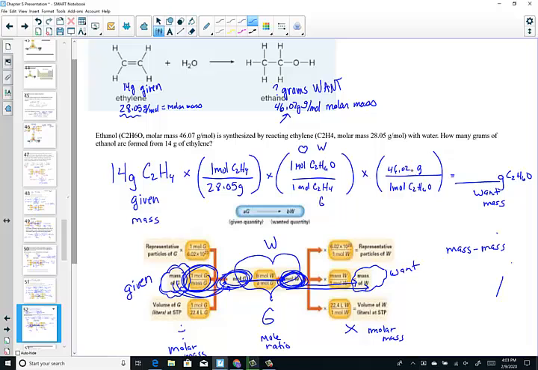3 steps. Let's hit 14. We divide by the molar mass of given, 28.05. We ratio, which is 1 over 1. And then we multiply by the molar mass of where we're heading, the 46.02 grams. This would yield 22.96897, if we round, about 23 grams of